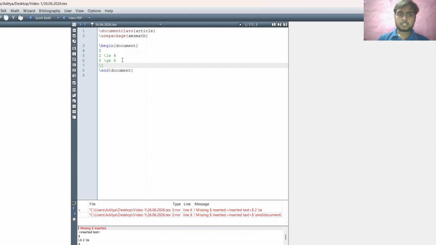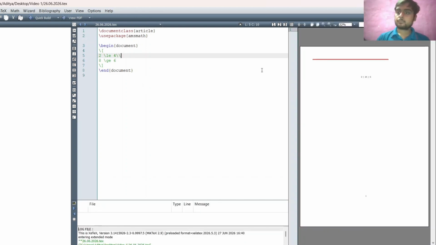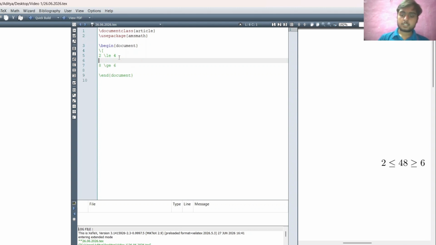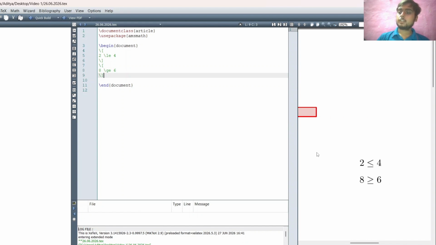Either we can use the display operator also, since we are having two equations, right? So we can use the display operators as well. I think there is an error while printing these two commands. We are using the same display operator. So either we can separate them like this, and then we'll get our result separately. Okay, fine.